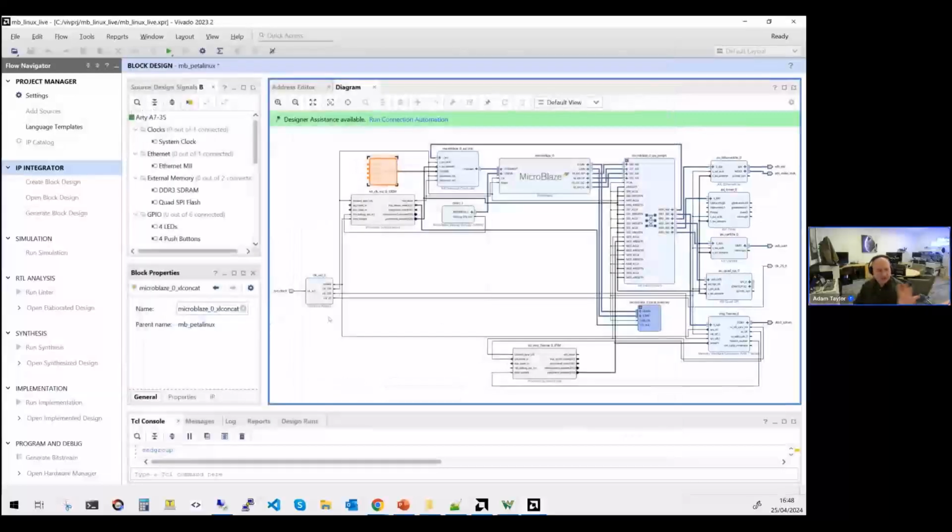It's very confusing. I keep looking at you and looking at my Vivado screen and seeing the Vivado screen on here and thinking I'm editing it in that. So we've